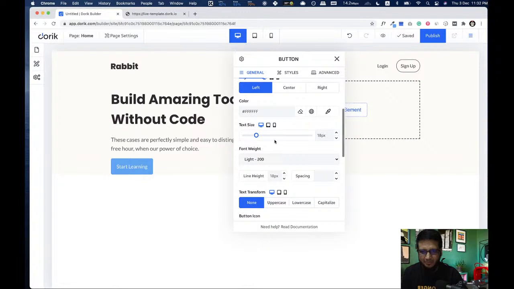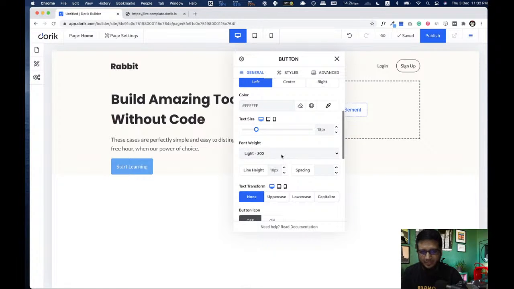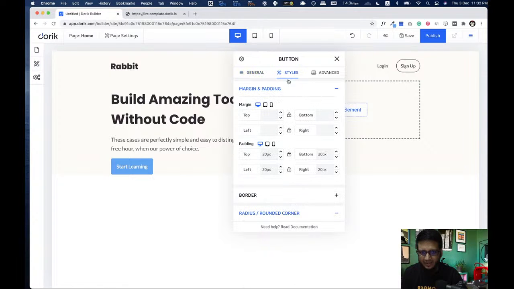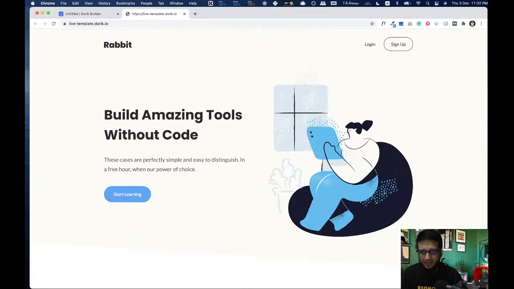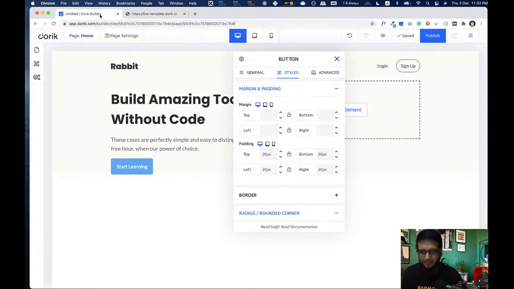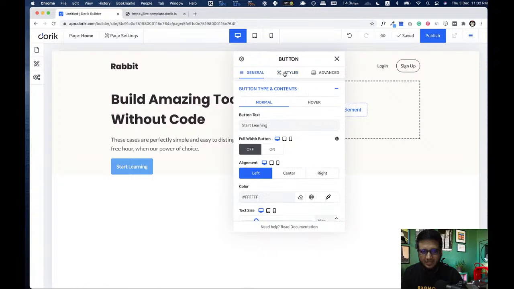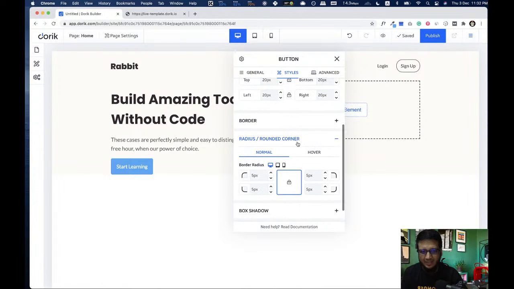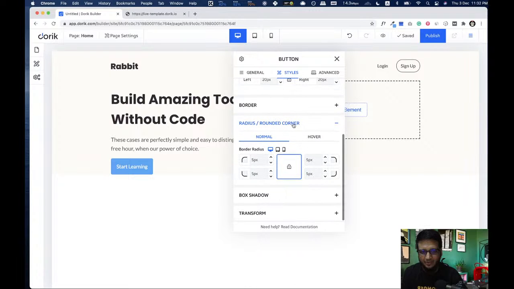The button's font size is good. We are gonna make it bold, and now we want to make it a pill style. Always come to the styles, general styles, and then border, rounded corner, radius, and as usual, we are gonna give a high number of value in the field, and it will become a pill.